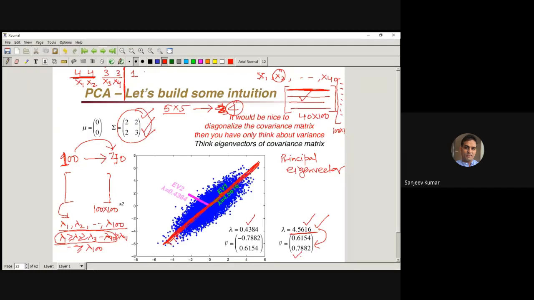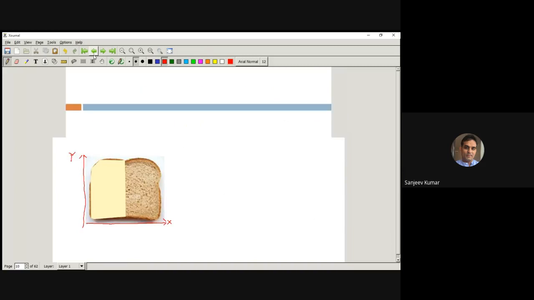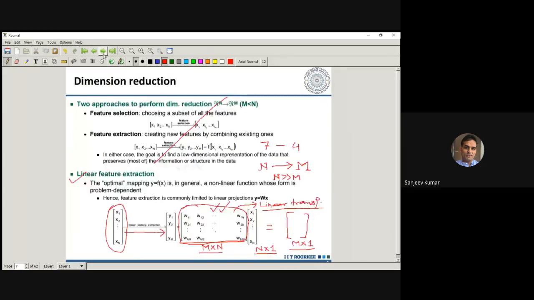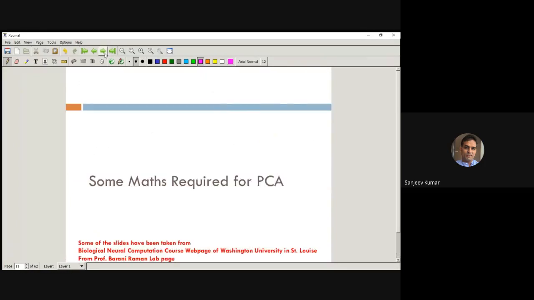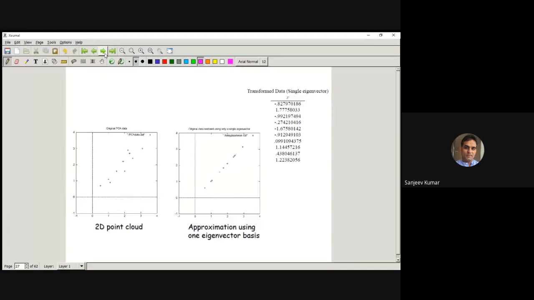So I told you, this 40 by 100 matrix will take the dimension from 100 to 40. Basically, this 40 by 100 matrix is just the matrix I told you about in the beginning. Let me write it here. This is your linear transformation for which we were looking. Let us take one example here, and then we will perform some more experiments in Python on real data.